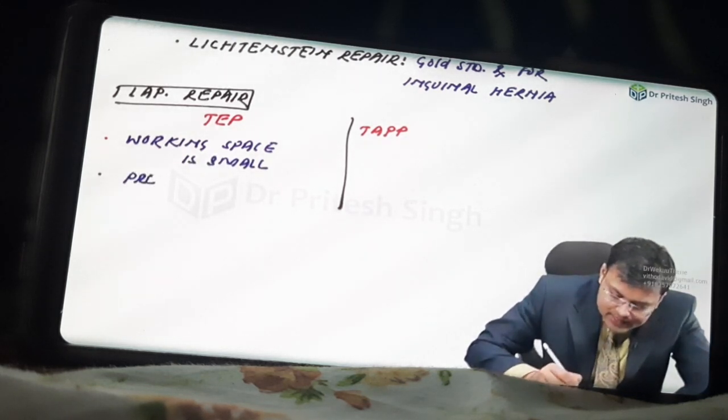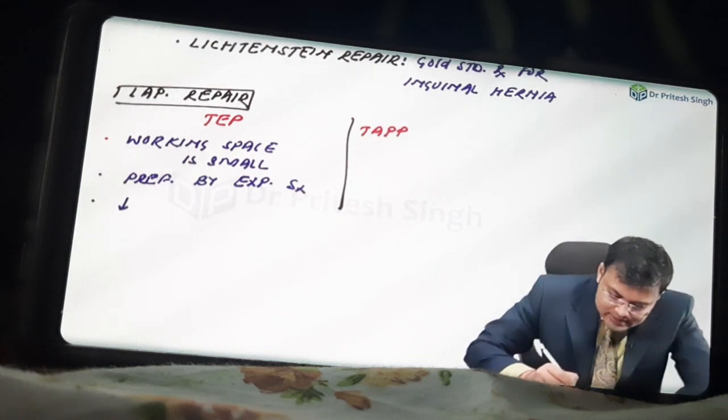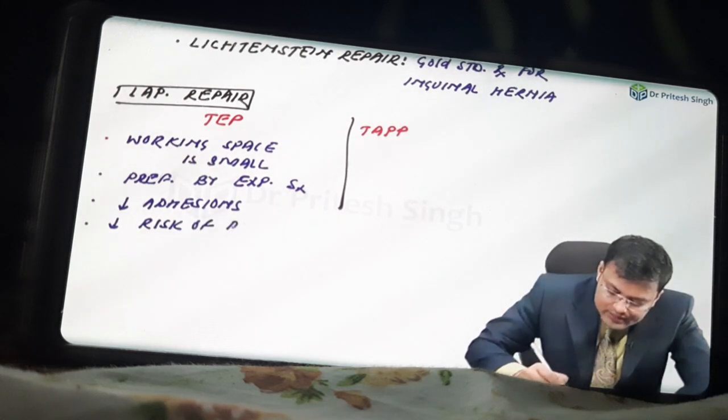That's why it is preferred by experienced surgeons. What is the advantage here? There is decreased risk of adhesions and decreased risk of bowel injury. In